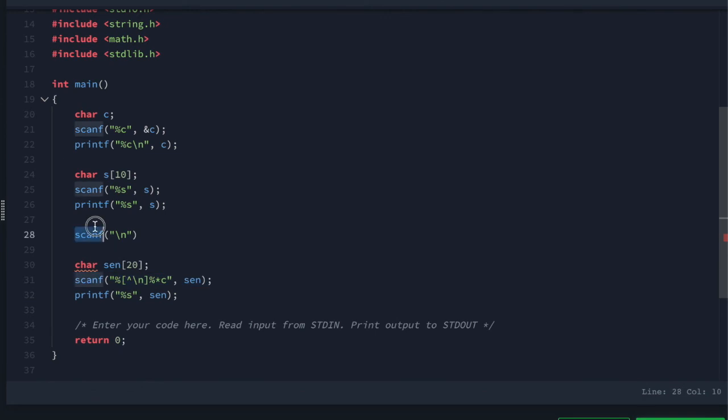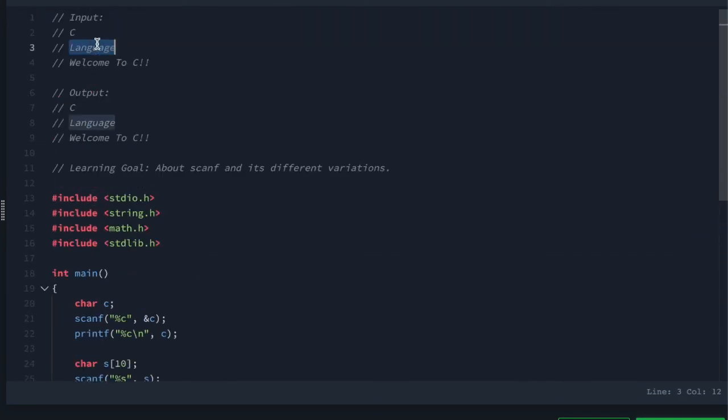When you do this, the compiler will first scan this \n character which is entered after language.